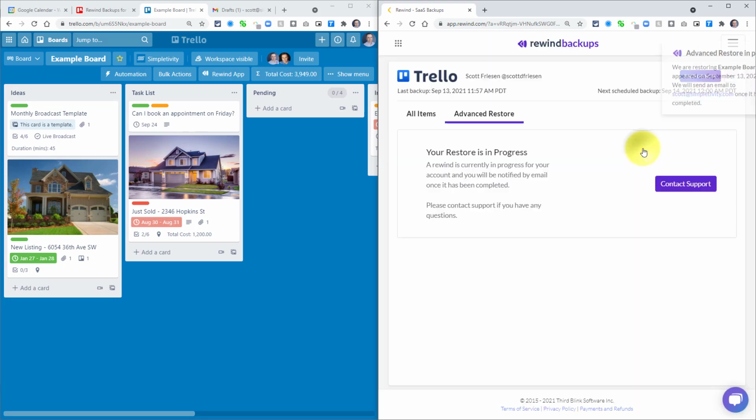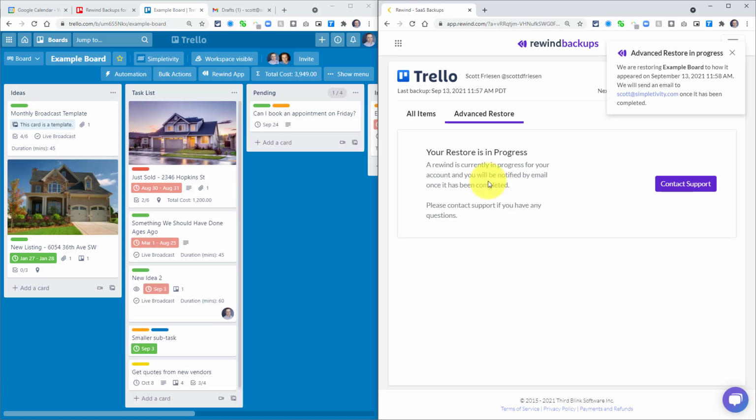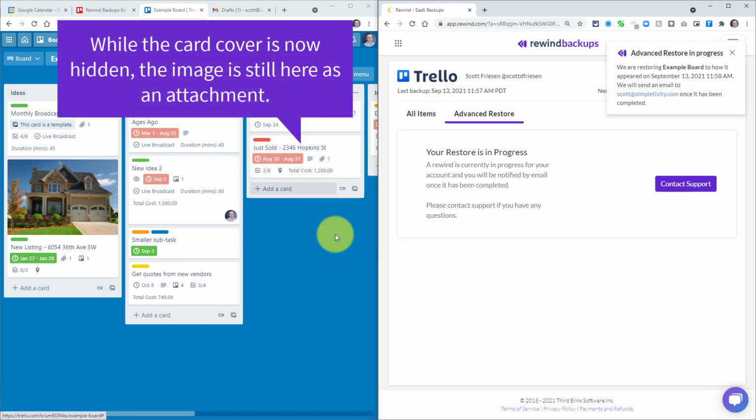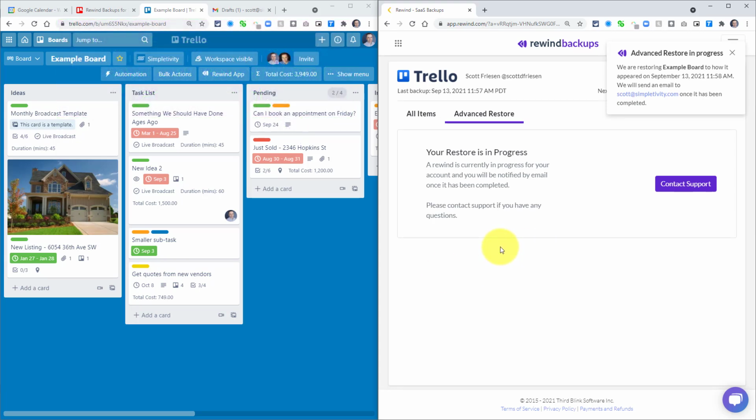I'm going to say, yes, go ahead and start the restore process. Now, it may take a little while. Actually, no. We're back. Didn't even take a few seconds, no more than maybe 3 or 4 seconds, and we are exactly back to where we were before. We've got the 4 cards that we had in this list, and those 2 cards which I had moved over are now back in this list as well. So that's how easy and how quickly you can restore any Trello board to its original point, depending on how frequently you want to restore your boards.